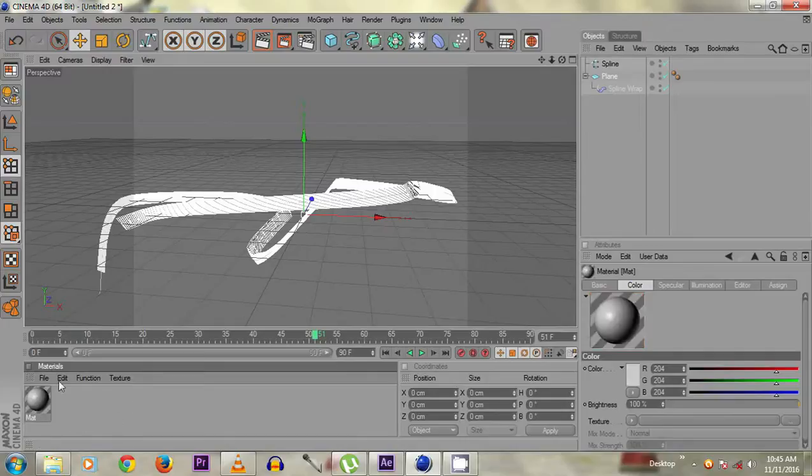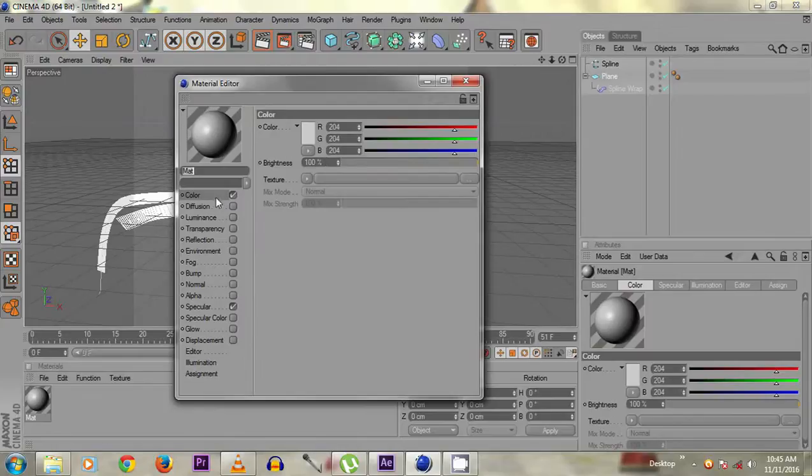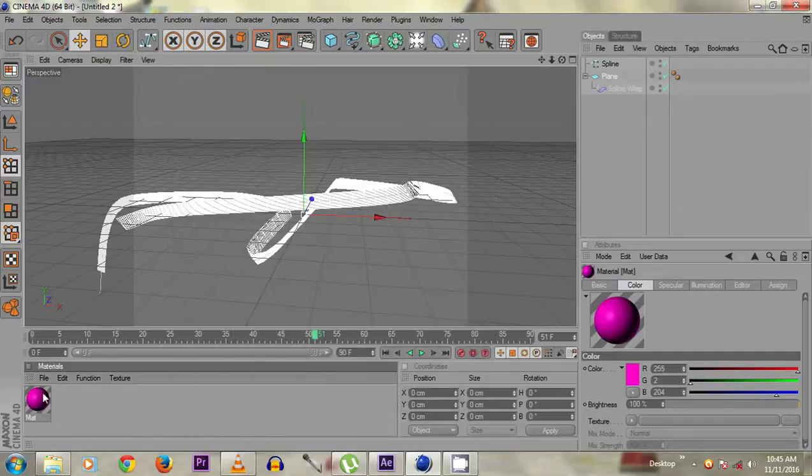Double click on the materials layer, we have a new material. So then in the color tab, we can have different colors. I like this color. Now move this material to the plane.